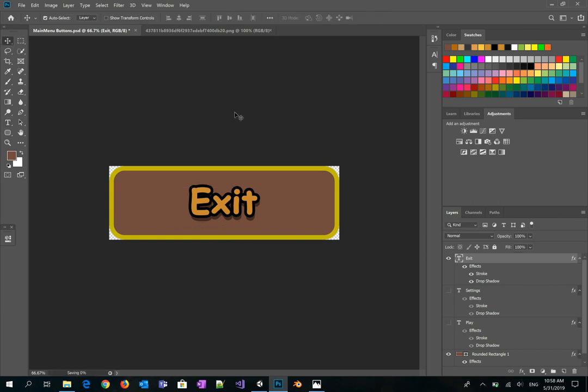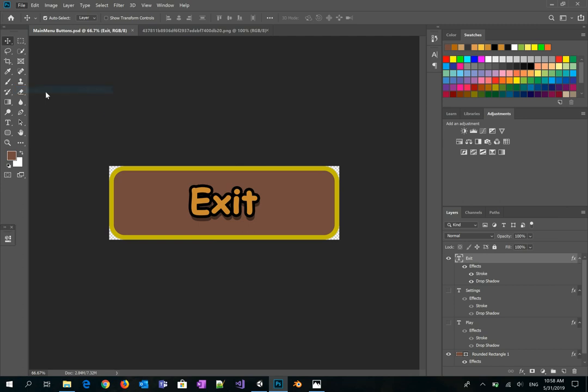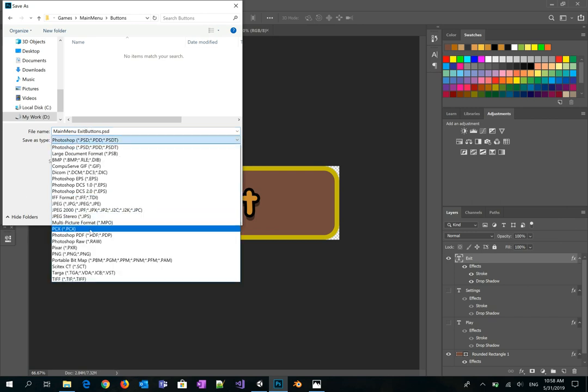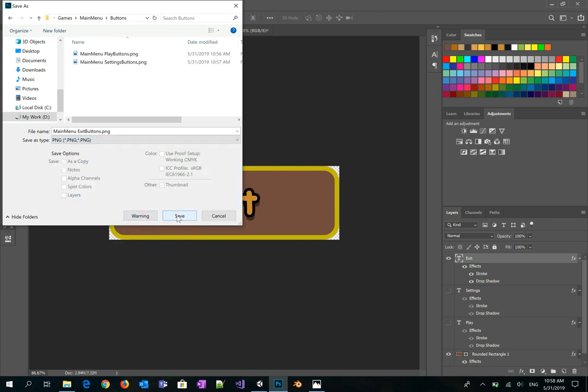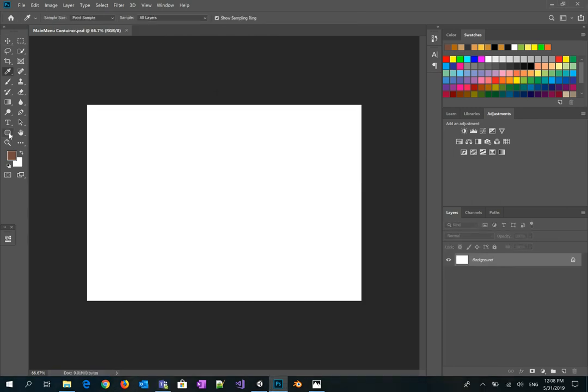Cool. We need just to save it as a PNG in order to import it all in our Unity editor. And here let's rename the button to exit button and change the type to a PNG file. So that's good. Let's save it. Okay. In the same way, we'll have some